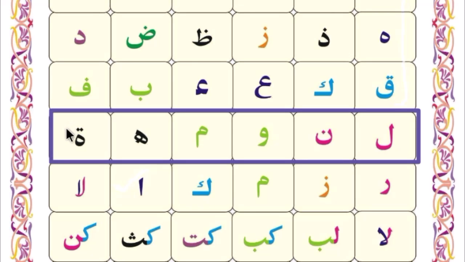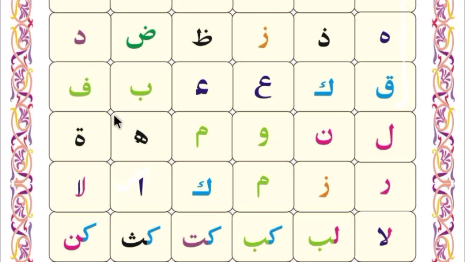This is Ta. When there is a circle with 2 dots up, it will be Ta. Same like this Ta, two dots up, and this circle has 2 dots up. That's why these two are Ta. One is circle Ta and one is flat. So this will be Ta.